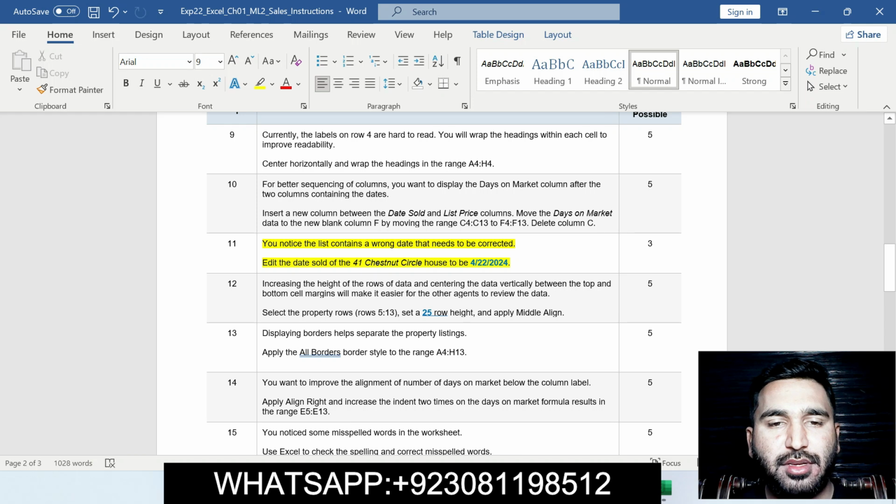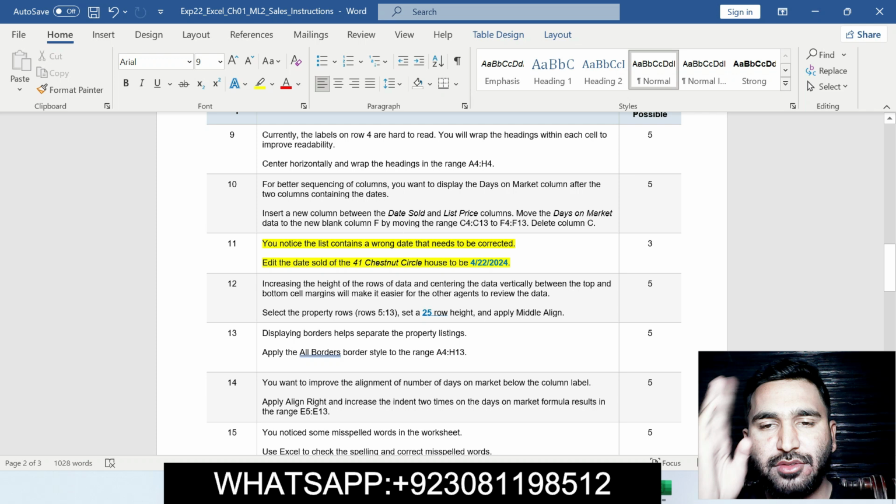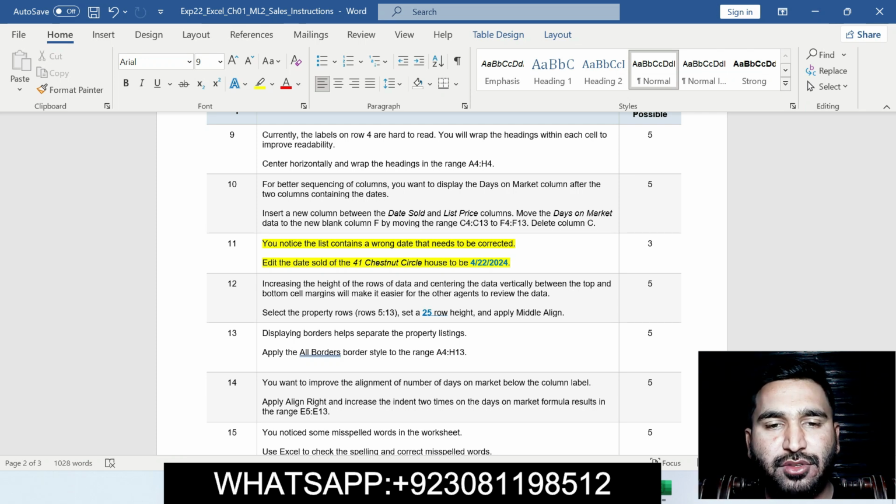You notice the list contains a wrong date that needs to be corrected. Change the date sold of 41 Chestnut Circle house to 4/22/2024. You can copy this.